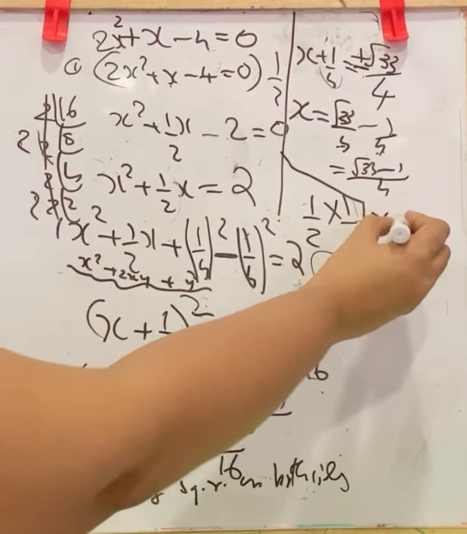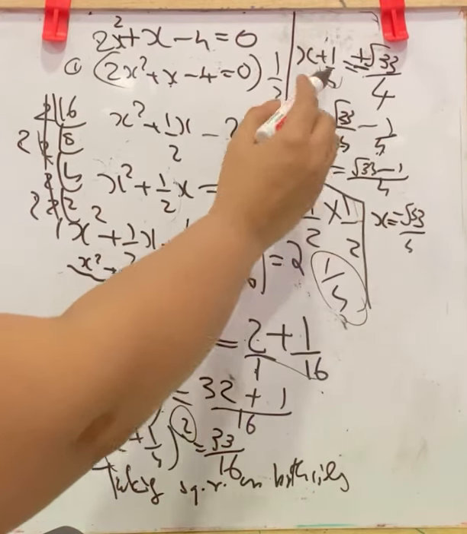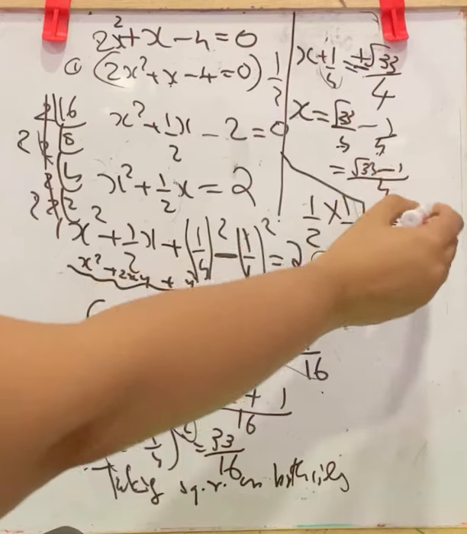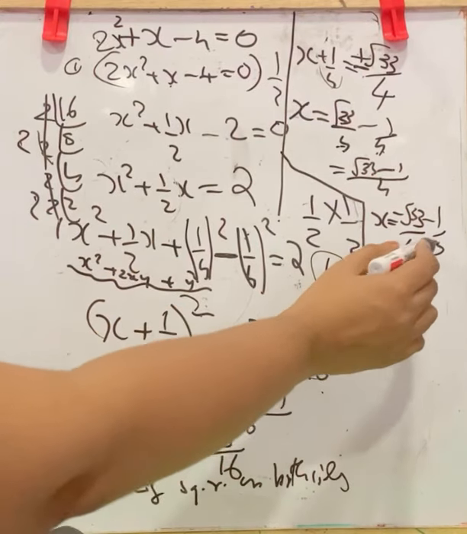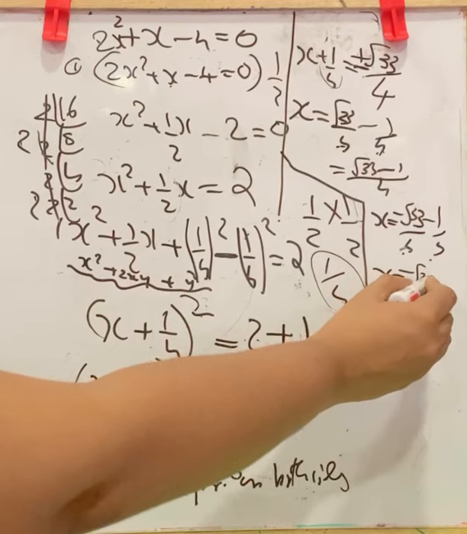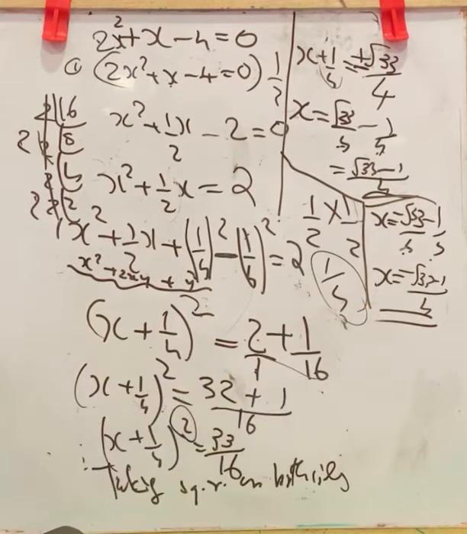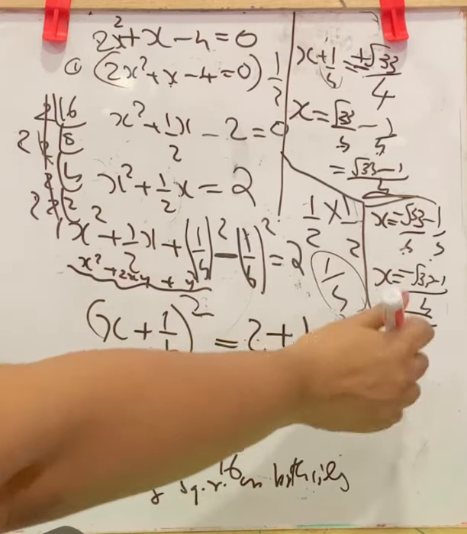Also we have minus root 33 by 4. So take the other one: x plus 1 by 4 equals minus root 33 by 4. Again plus 1 by 4 taken to RHS becomes minus 1 by 4. Again the denominator is the same, so x is equal to minus root 33 minus 1 whole by 4. We got two values for x: one is root 33 minus 1 by 4, and the other one is minus root 33 minus 1 by 4.